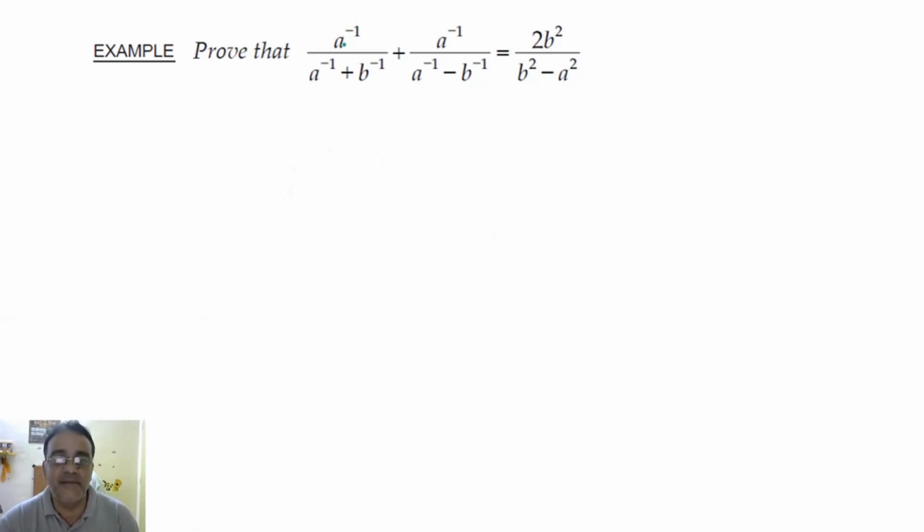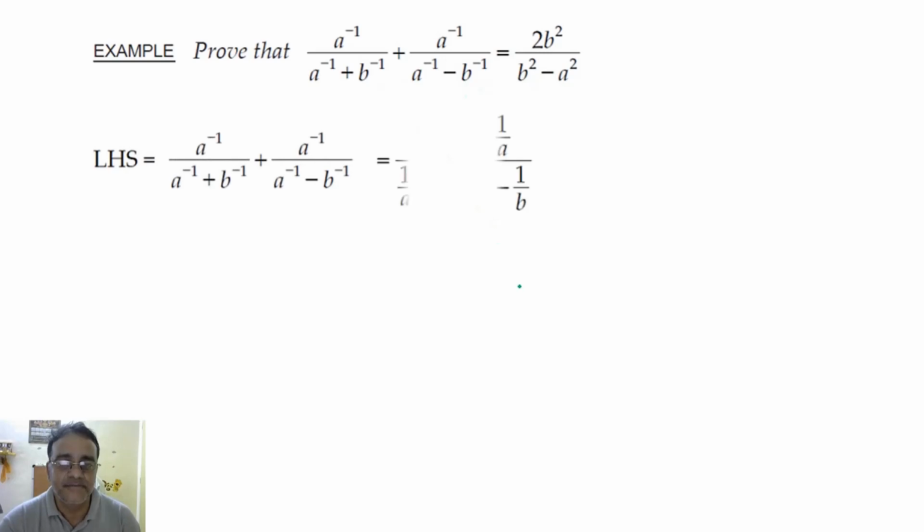Reciprocal लेना है. So left hand side में इसका reciprocal हो जाएगा 1 by a, 1 by b, 1 by a, 1 by b. Left hand side only. So this step is clear? Yes, sir. Now what we have to do? We have to take LCM in the denominator. यहाँ पे और यहाँ पे LCM में denominator में LCM लेना है. So कैसे लेंगे बताओ? What is the LCM of these two? A and B. A into B. Right. यहाँ पर भी a into b होगा and the numerator will get b plus a. Okay, here b minus a.